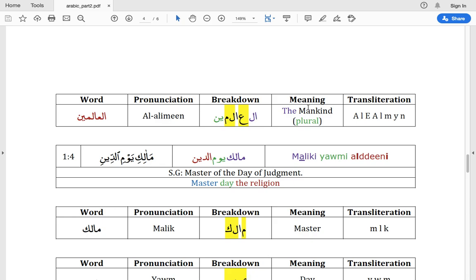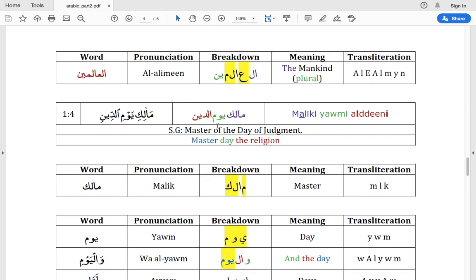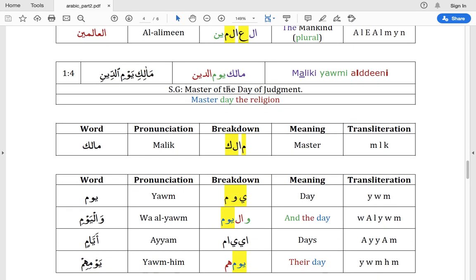Okay, now here you have the breakdown, the, and then ain lam mim, mankind, or the worlds. It's a plural. Okay, that's the important part. This ya nun means it's a plural, so just keep that in mind. Next one is Maliki Yawmiddin,